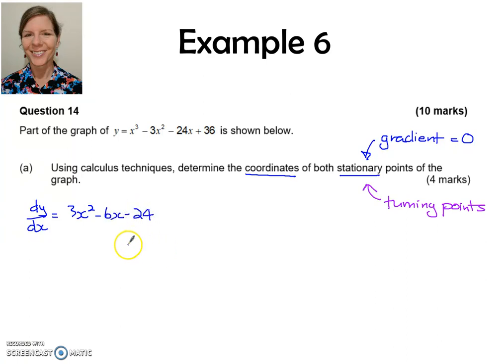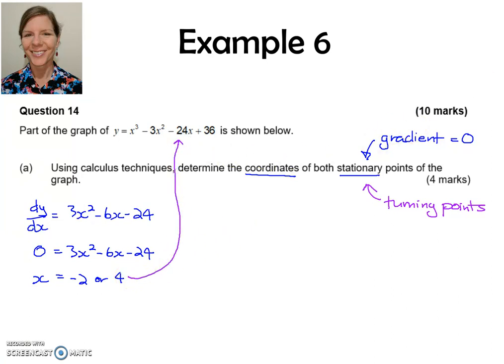And we want to find out what the x coordinates are when that equals 0. So let that equal 0: 3x squared minus 6x minus 24, and if you work that out, you end up with x is minus 2 or 4. So that's the x value, but we need the coordinates, so you need to plug those back up into here. Remembering that we're always working on this function,